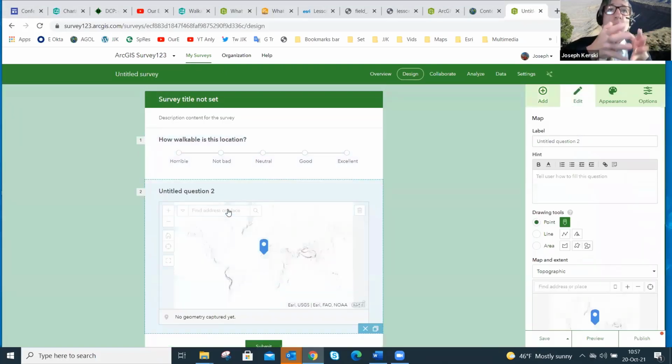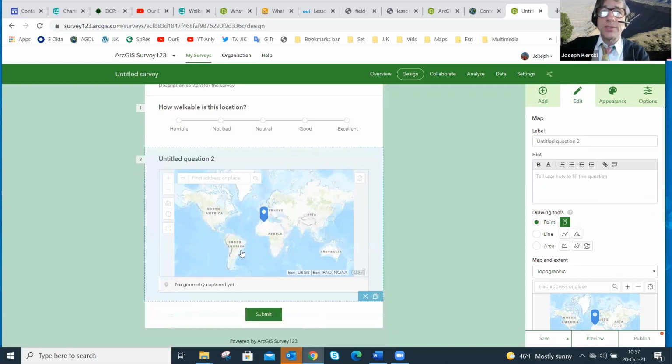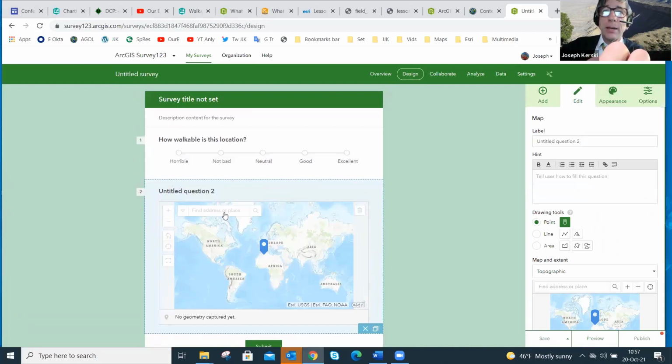Here's where I can say I am only going to collect data in the middle of Mitchell, South Dakota. So obviously I would zoom into Mitchell for this particular one. In this case, I'm going to say, you know what, that's okay, but I want to customize it a little bit. Maybe I'm going to put a base map of imagery or OpenStreetMap. It really depends on what you want. And as I think many of you know, you can customize the base map nowadays. So you could put your own customized base map behind the scenes as well. So that's a little bit of a deeper dive, but I'm hoping that's helpful.